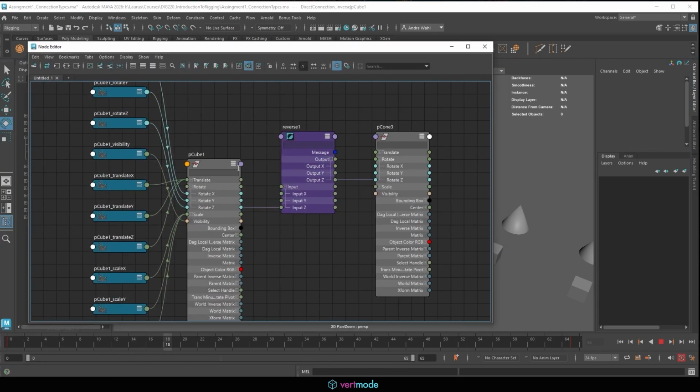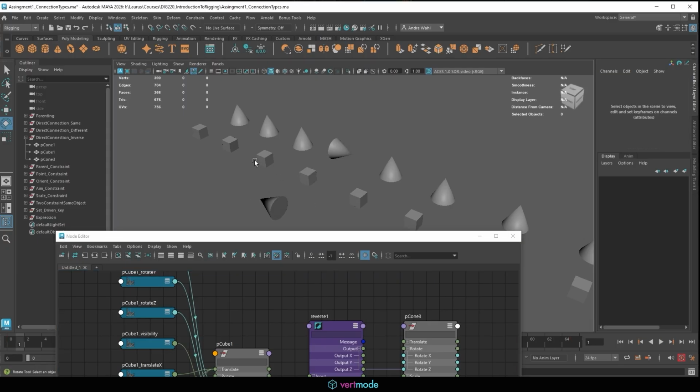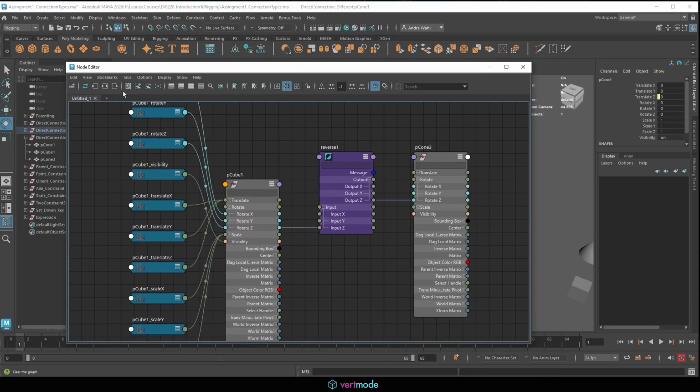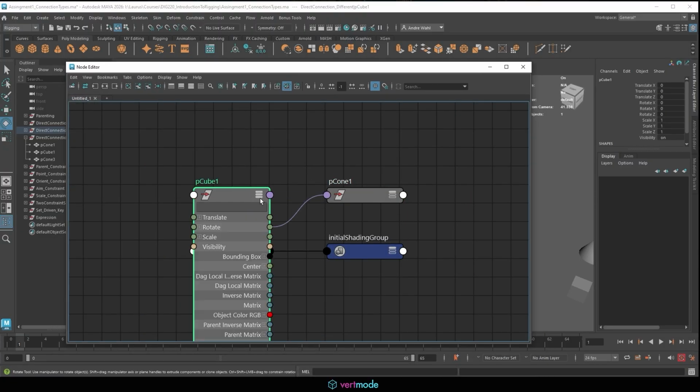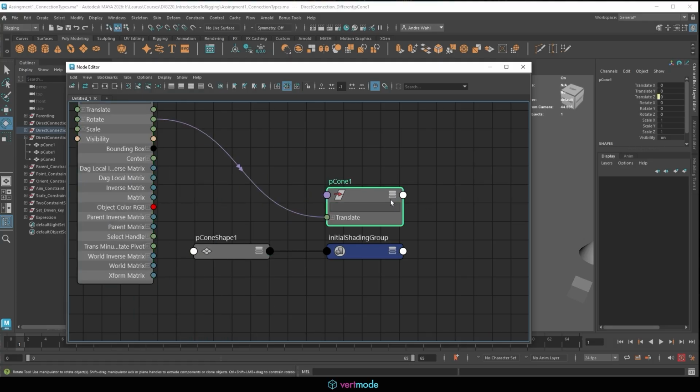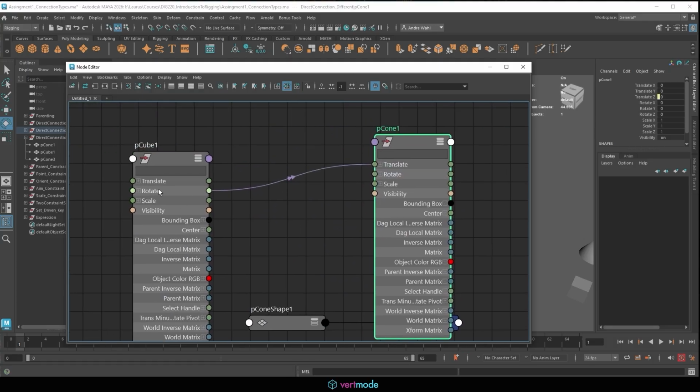And the way we're doing that is by taking that direct connection, piping it into a reverse node, and outputting that into our new value. Now, this is also how we could solve the problem here of, as I rotate, this moves too much. If I were to select this cone here and use the input-output connection to access it, and then come in here to our lovely little menu where we can find our connection, we could go ahead and alter that